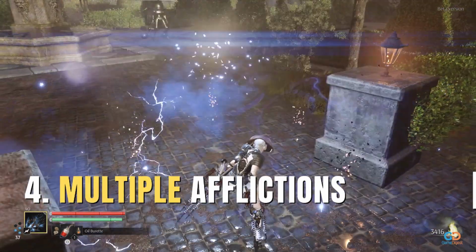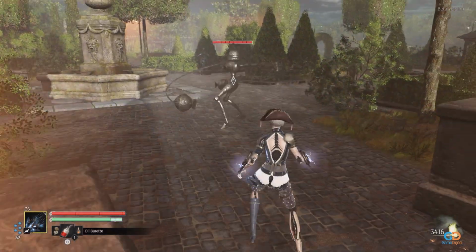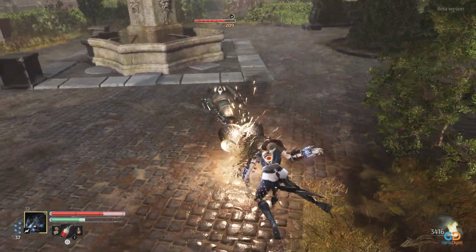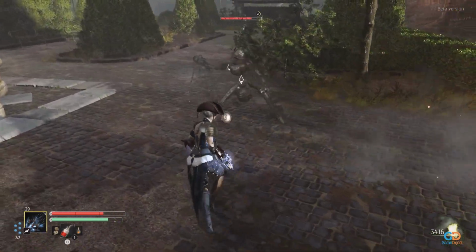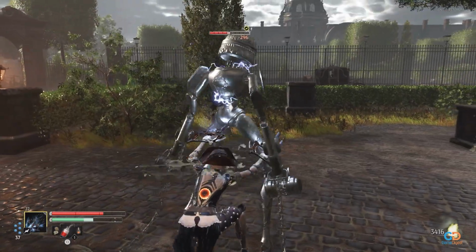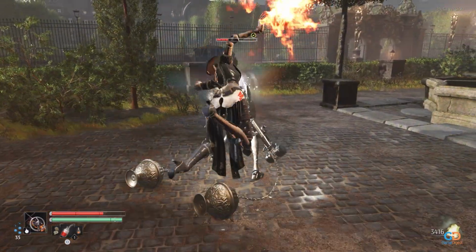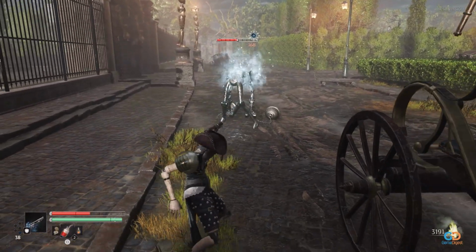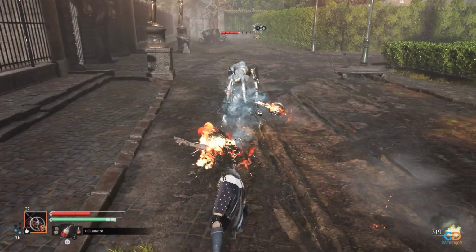4. Multiple afflictions. With the previous tip, we learned that afflictions can stack with the same weapons, but how about when there are 2 different infused weapons? Will the second affliction negate the first? In our experiments, we found out that you can actually stack 2 or even 3 different afflictions, and this is huge. Like here, we comboed frost and fire, fire for the continuous damage and frost to freeze the enemy once